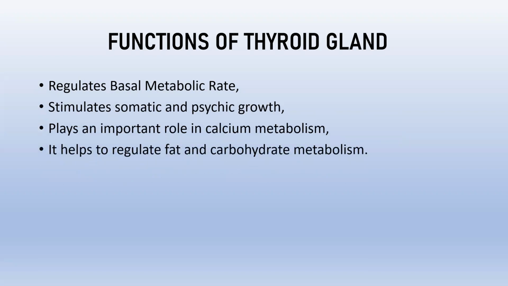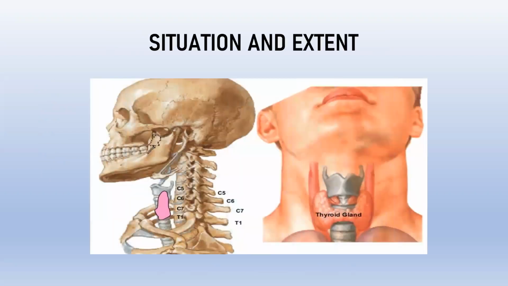So where is this thyroid gland situated? This thyroid gland is situated in the front of the neck, and along the sides also it is present. Along the sides, the structures present are the lobes, and in the center it is the isthmus which connects the lobes. The lobes extend from the thyroid cartilage of the larynx to the fourth or fifth tracheal rings. And the isthmus extends from the second to the fourth tracheal rings.